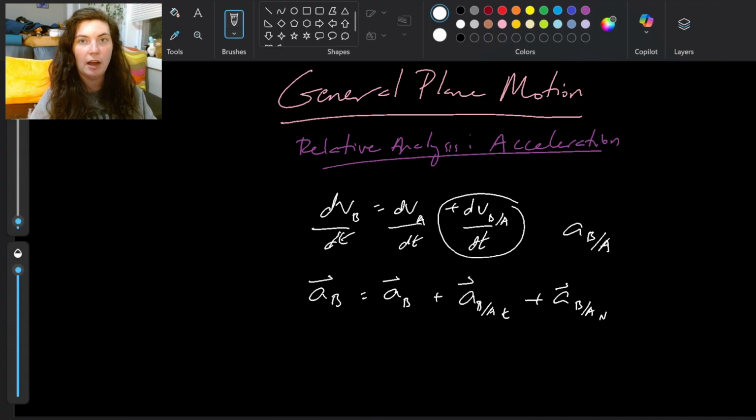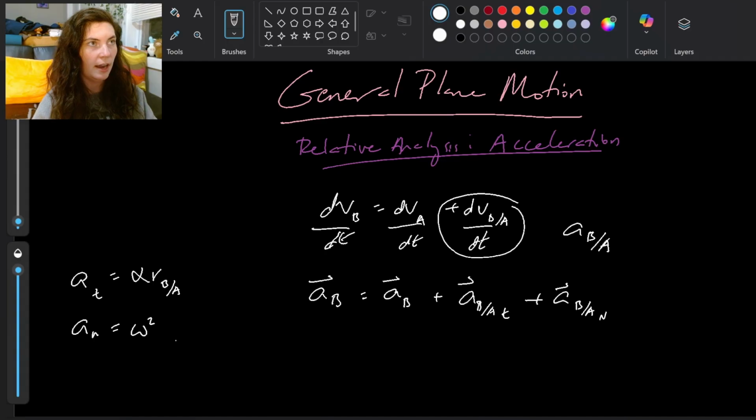As we talked about in our rotation about a fixed axis problems, our tangential acceleration was the angular acceleration times r, and in this case the radius would be that position vector of B with respect to A. And then when we did rotation about a fixed axis, we had normal acceleration,